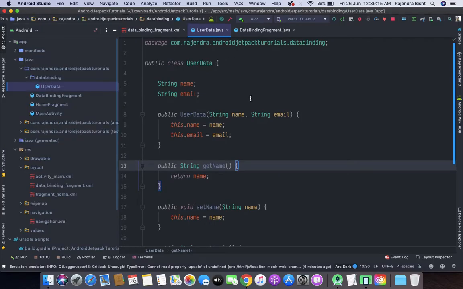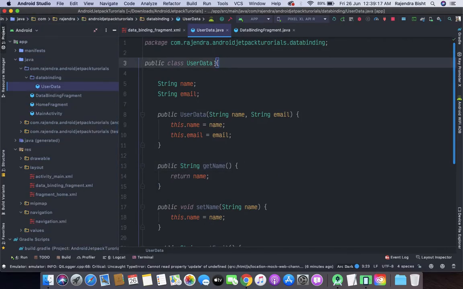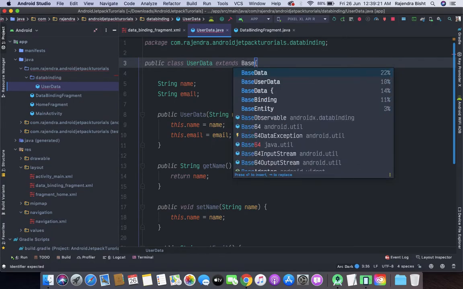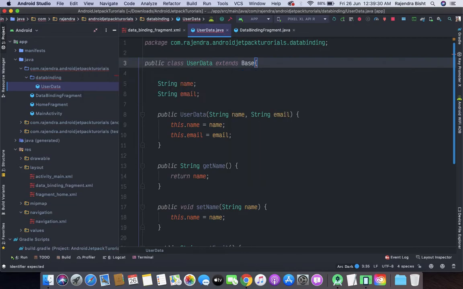Now we will go to our model class. Here we will extend the base class BaseObservable, which is part of data binding.